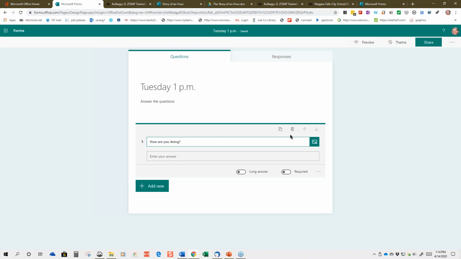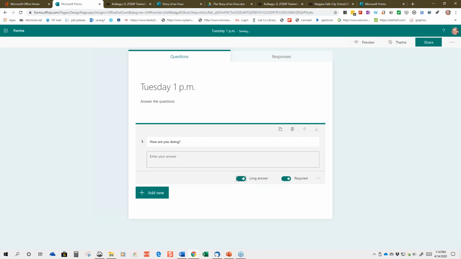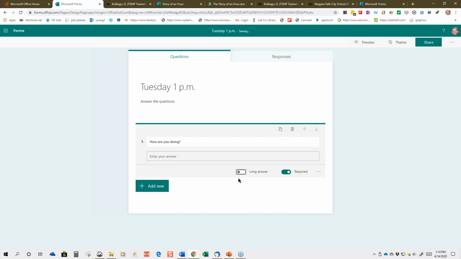Now, down below we have two little things here. Required. And this is allowing you to have the student type more. We tried looking up what is a short answer. I don't mean to make you sick bouncing back and forth, but a short answer, what we found out, holds about 4,000 characters, which is somewhere in the neighborhood of 500, 600 words. So that's pretty big, but if you click long